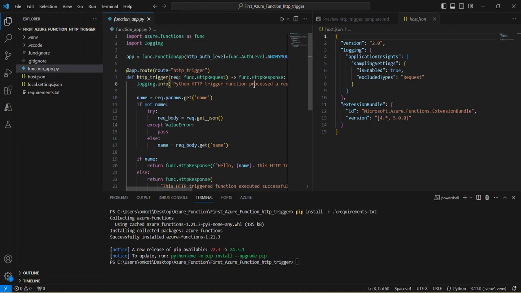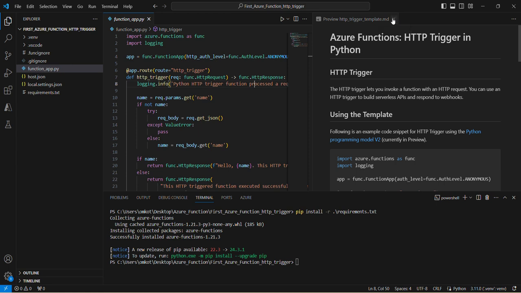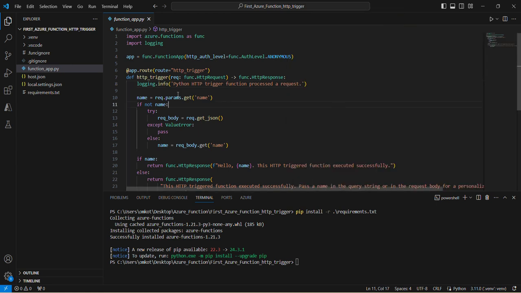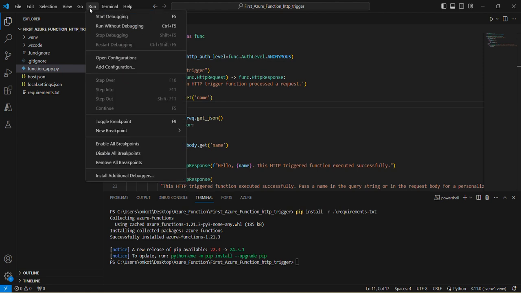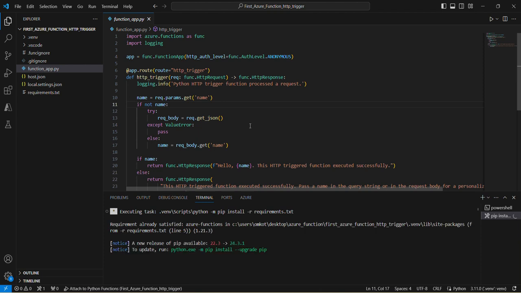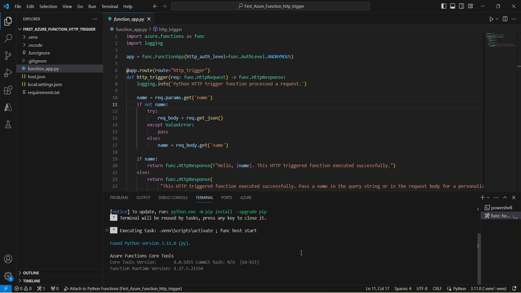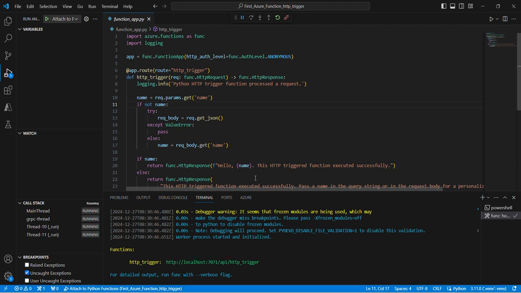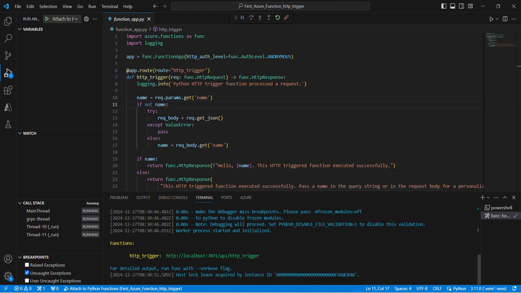Once that is done, you can come to this Run. I will just show you how to run it, then I will explain the code later on. Okay, let's make it a big window so it will be fine. So you can come to this Run and click on Start Debugging. Once we check how it is running and whether it is running properly or not, then I will explain the complete code, and we will develop some other basic use cases also. So here you can see it is running,